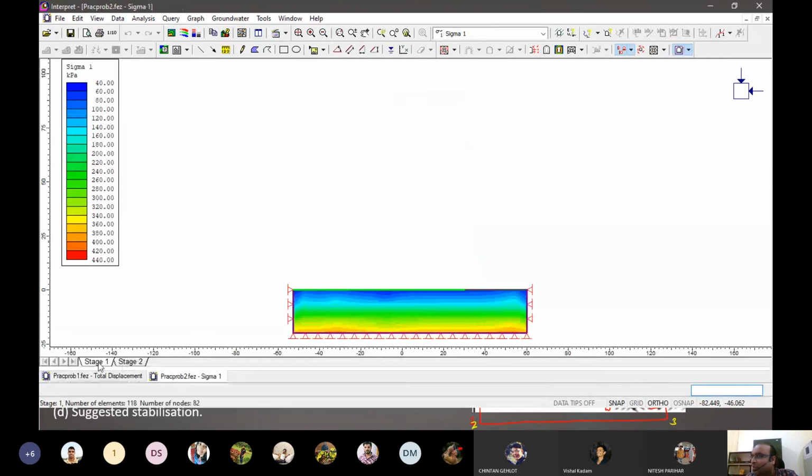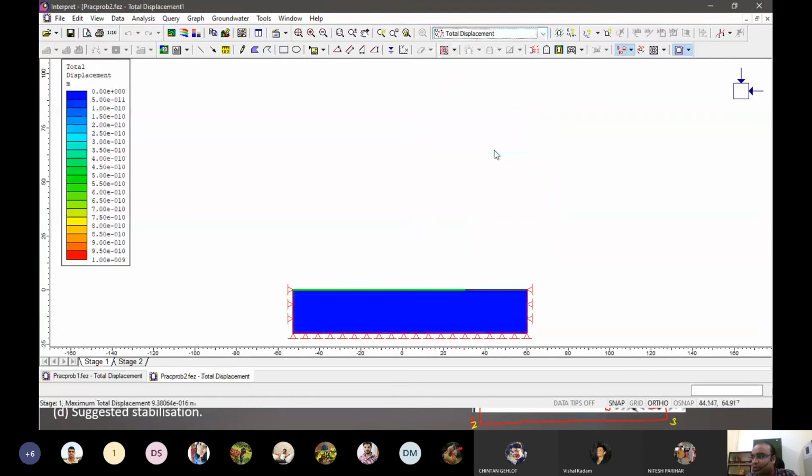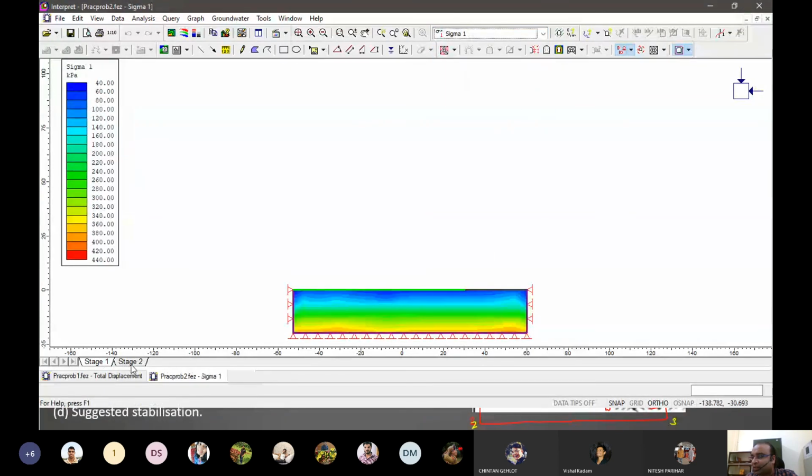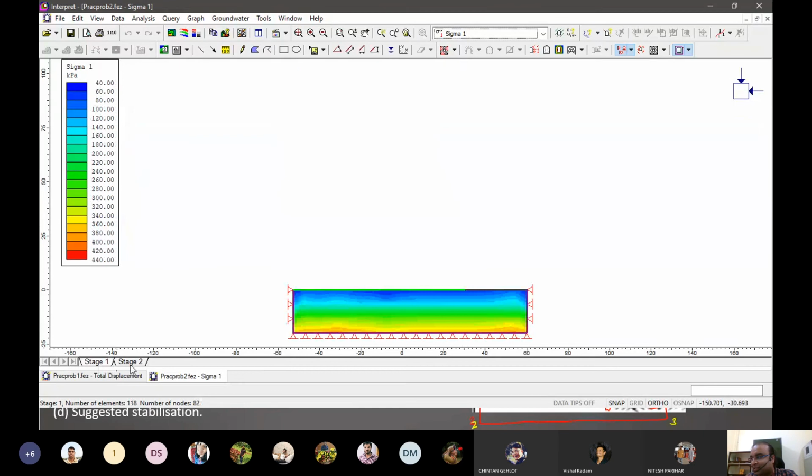Okay. So before that, we are seeing how just the base is behaving under gravitation, simple. No deformation, I suppose. Total deformation is none. While as we go for the addition of this, how much deformation is or the stresses are redistributing, we can see here, right?